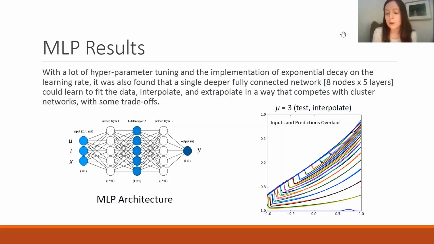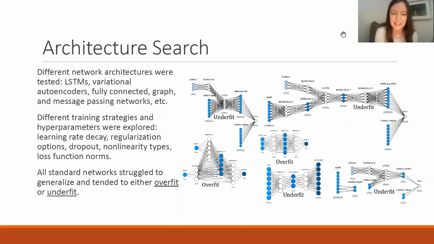And so this is just an image of one of the solutions that it tried to predict that it got pretty close on, but this is really not good enough for an industry problem, especially for a simple one like Burgers' equation. So we really want something very accurate and not something that's going to have these kinds of errors in it. I looked at a lot of different kinds of networks. I looked at LSTMs, variational autoencoders, even tried some graph networks and message passing networks, and none of them really fit well. They tended to underfit or overfit, or struggled to really solve this kind of problem,